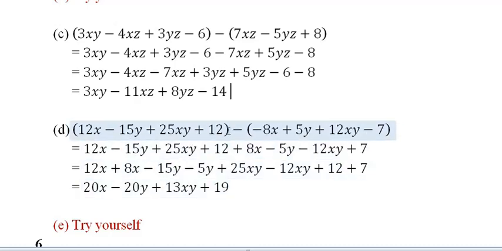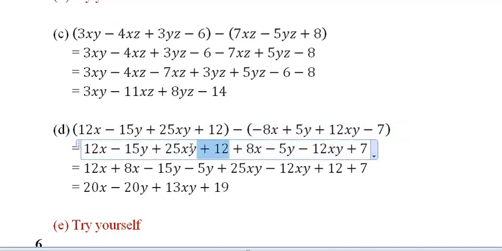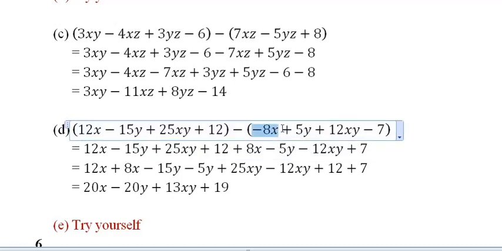Okay, but still let me tell you in brief that the first term should be inside the bracket. And the second term also should be in the bracket only. And you give the sign of subtraction out here, and when you open the bracket of the first term, just copy it down as it is. And now when you open the bracket of the second expression, this sign will multiply with the signs that are given inside.